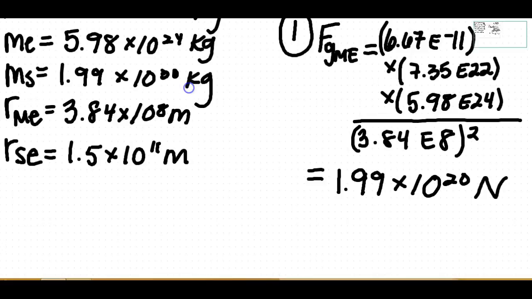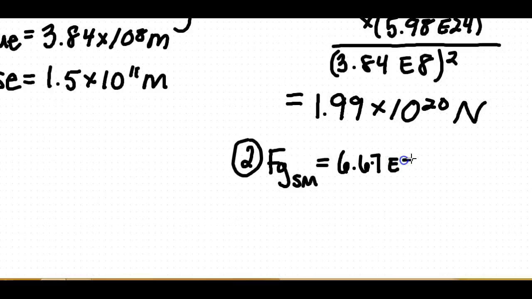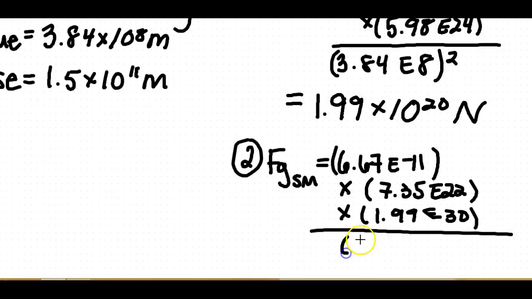Now we do the same thing for the next problem, which is to find the force of gravity of the sun on the moon. Alright, same thing, we have our constant, 6.67 times 10 to the negative 11, and that's going to be multiplied by the mass of the moon, which was 7.35 times 10 to the 22nd, multiplied by the mass of the sun, 1.99 times 10 to the 30th, is E30, and that is going to be divided by the distance, 1.5 times 10 to the 11th